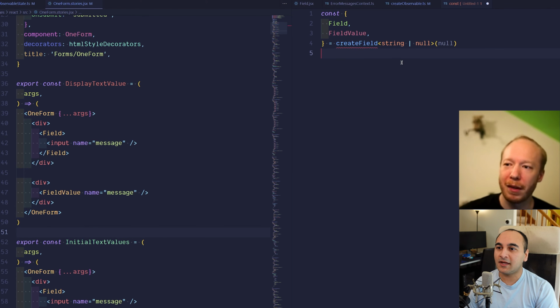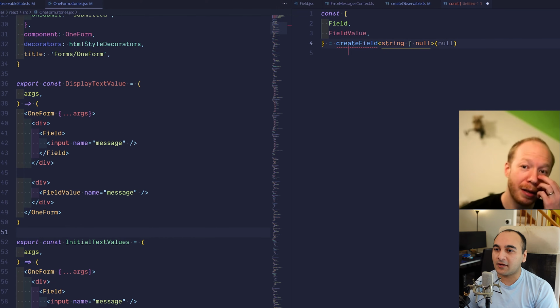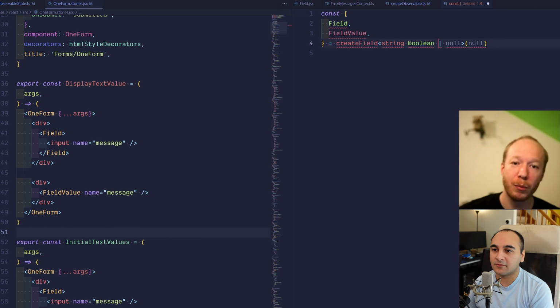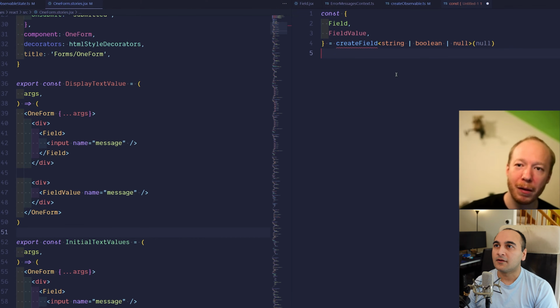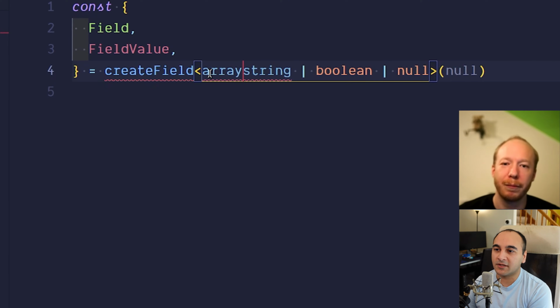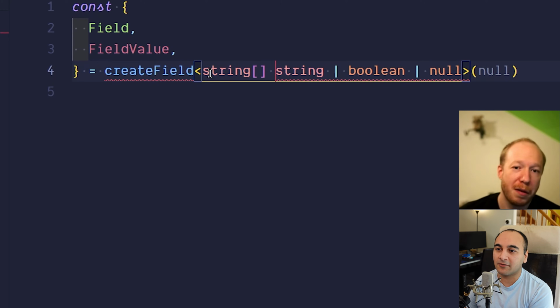So that's where I was coming with my idea: I could do create field, but create form in the beginning, because you do create form at the top of the file, and you describe all the possible shapes that one form could take, and then you just start working on that. Yes, that makes sense. Also, I forgot that some fields can be an array, a string array,